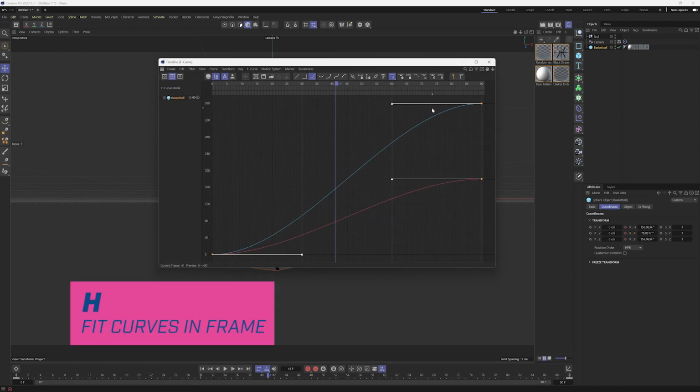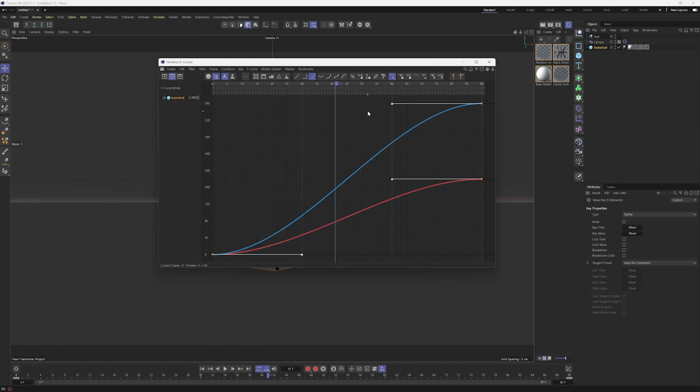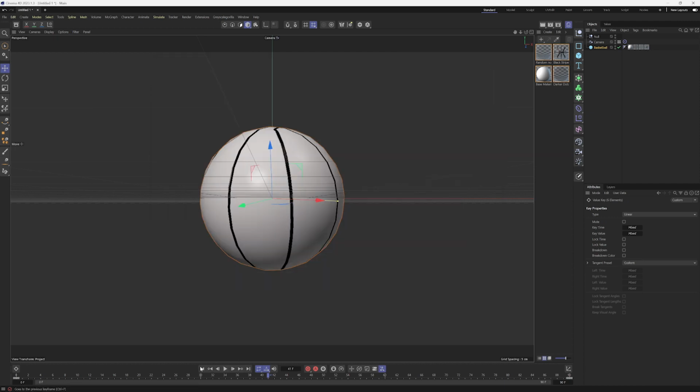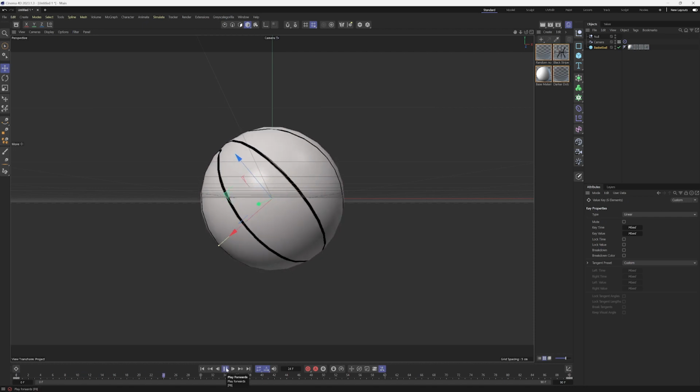If I hit H to fit, you can see there's automatic easing here. And since I want this to continuously move, I'm just going to change those to linear keyframes. So now when I go back, it's just going to,